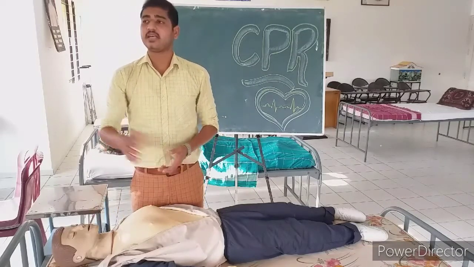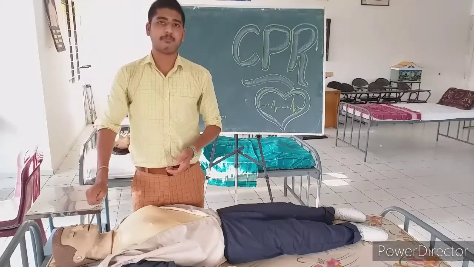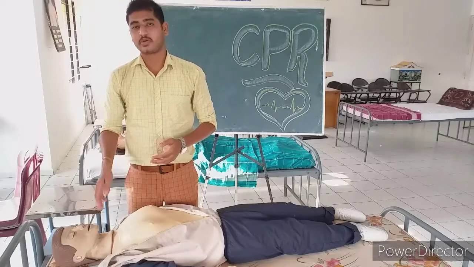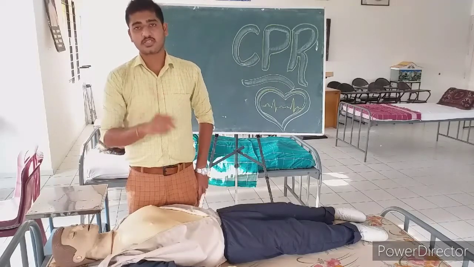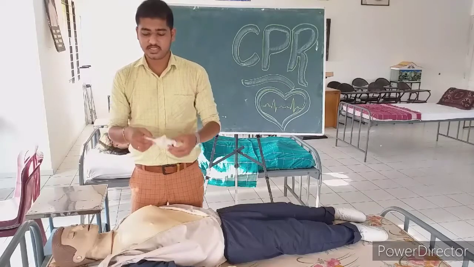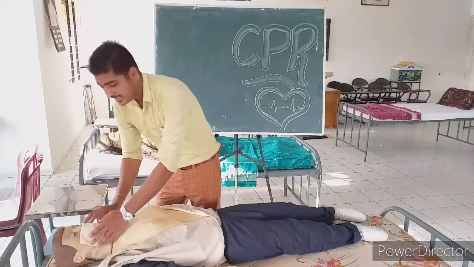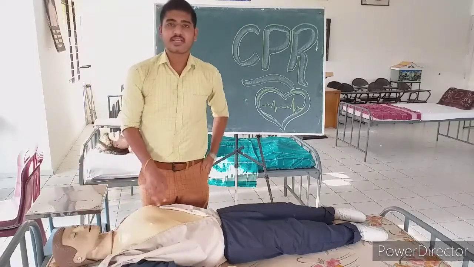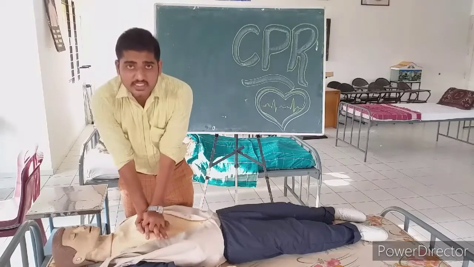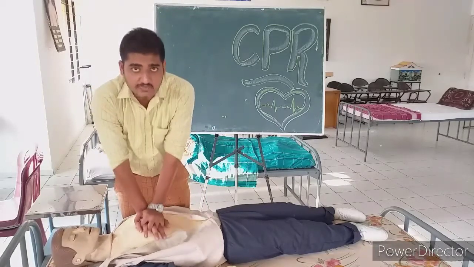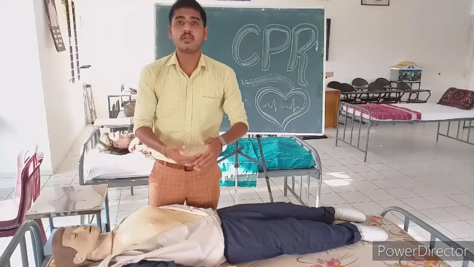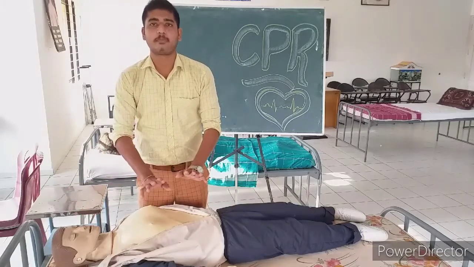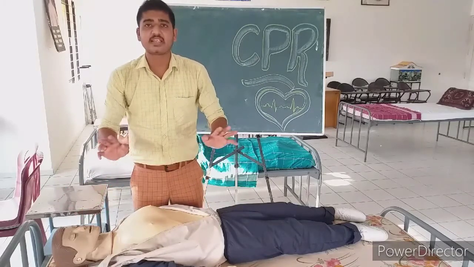So when we want to give the breath, if the ambulance has arrived, we can give it with the ambu bag. So 2 breaths we have to give, 2 ambu. If the ambulance has not arrived, you have to give mouth to mouth breathing. That time your safety is very important. Take out a kerchief, open it, place it on the mouth and give mouth to mouth breathing this way. After giving the 2 breaths, immediately resume the CPR without any delay or waste of time. Continuation without any stoppage is very important. Only when you are giving the breath, you must stop. After giving the breath, immediately resume CPR.